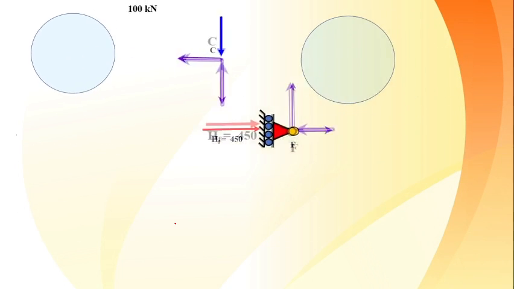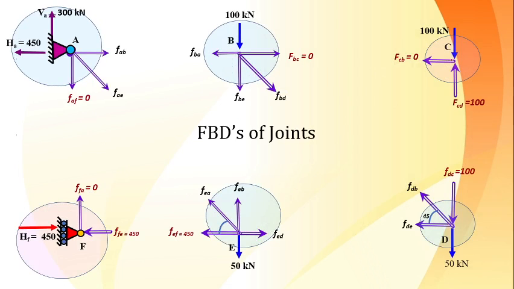So you can see here what I am going to do. After joining all these joints, what are we getting? Our original truss. Consider this joint C and joint F, which we have just analyzed, and show the magnitude of the forces. So FCB we have to show, FCD we have to show. At the far joint, you can see here, this is again BC. If this is 0, this has to be equal, opposite and collinear. This is tensile, so this has to be tensile.